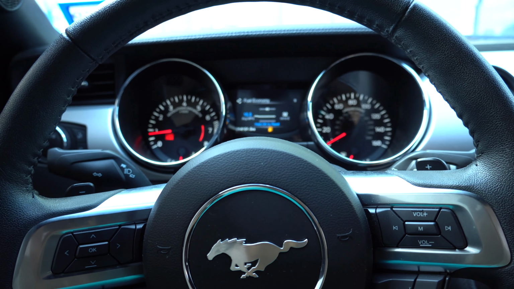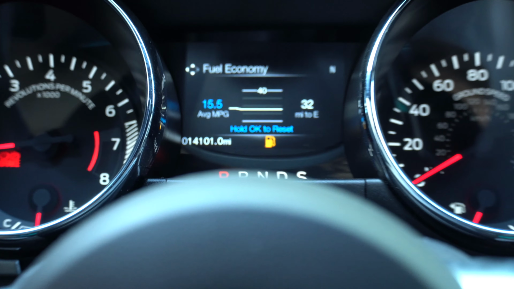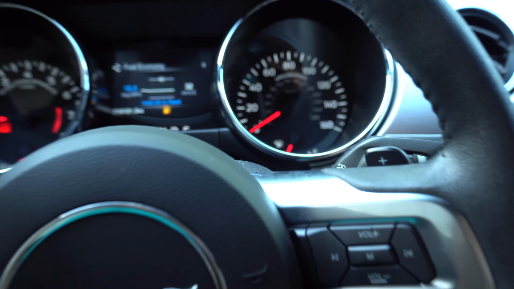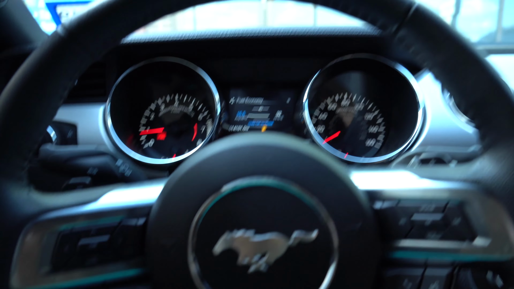Alrighty guys, we're going to be going over how my Mustang 5.0 is on gas mileage. I'm getting 15.5 miles per gallon right now. And yeah, it's almost on empty as you guys can see, like always. But yeah, I'll just be going over